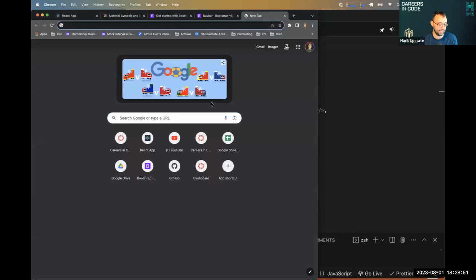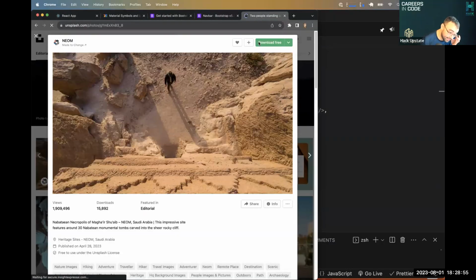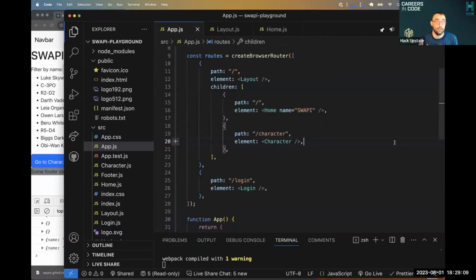Images. Two different ways that we can do images. I'm going to head to Unsplash. I'll just grab this first image and download it. I'm showing you both ways not to confuse you, but because you will see both ways in real life React world code. Unfortunately, the reason there are two ways of doing it is because no one agrees on the best way to handle images. There's actually a third way that we won't get into, but some people argue